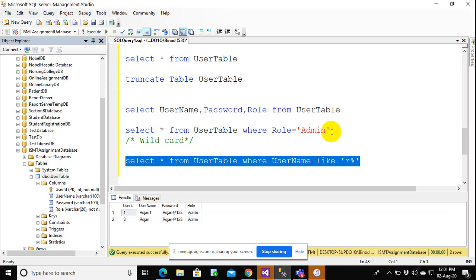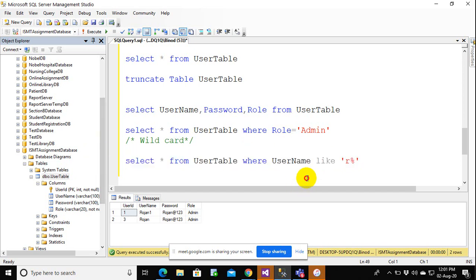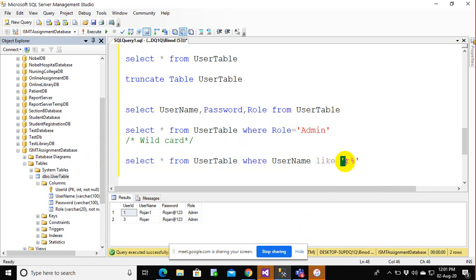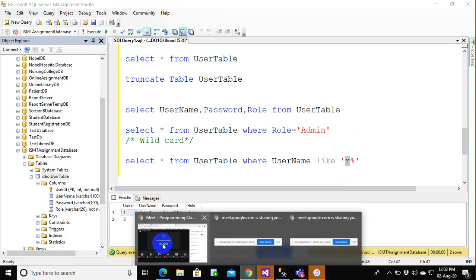Okay, so I just want to select the user whose name begins with R. So it's like username LIKE 'R%'. Let's say I just want to, so are you clear with this everyone? I'm just using LIKE, inverted commas, R and the percentage. That means whatever letter is defined before this percentage will be taken as the letter that the name has to begin with. Okay. So do you understand this?